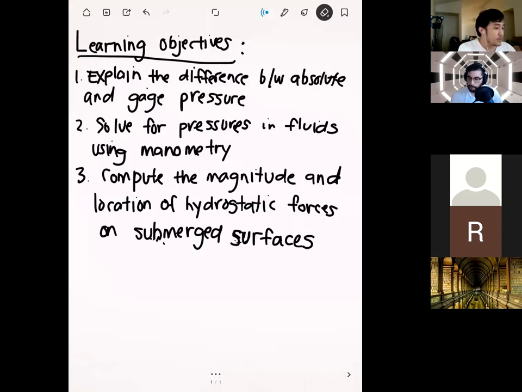Okay, so the plan today is we're going to continue our discussion on hydrostatics. I think where we left off last time was we came up with the expression of how pressure varies in a fluid. So today we're going to be doing some examples and seeing how that is actually applied in some situations. But before we get started with that, are there any questions I can answer before we get started?